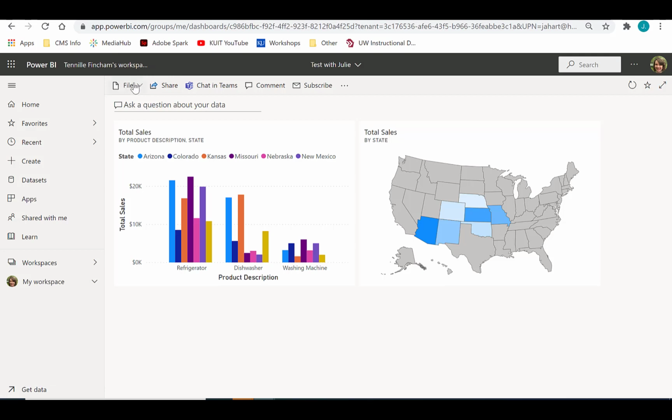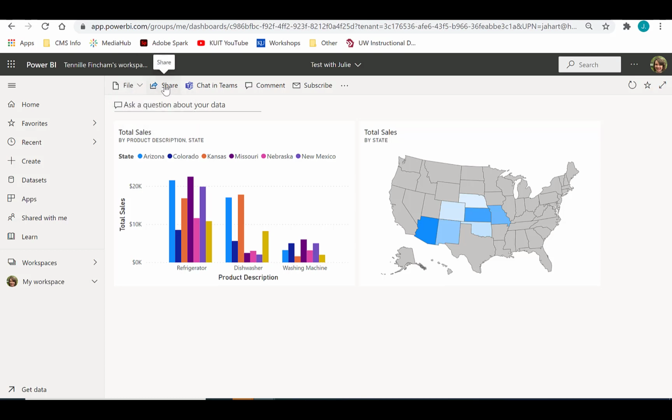Under File, you can choose to print this page. Due to printer settings and settings within Power BI, it is difficult to get an entire dashboard to print properly. Therefore, choosing this option is not recommended. The Performance Inspector tool will list any issues Power BI may be experiencing with loading visuals, such as internet connection or speed issues.